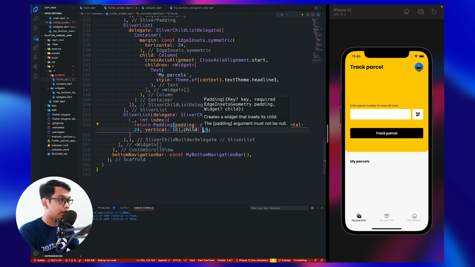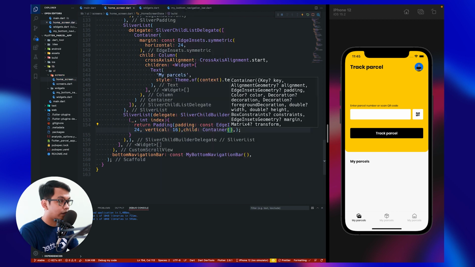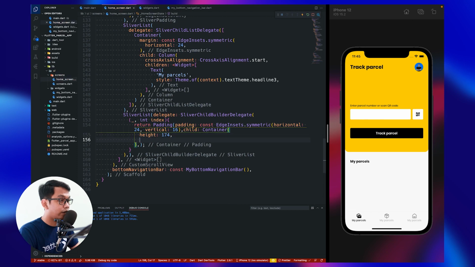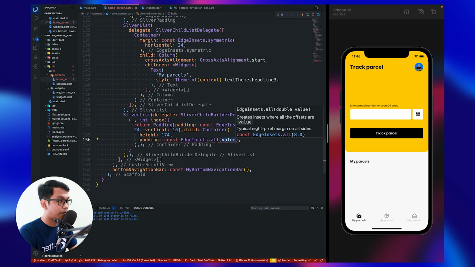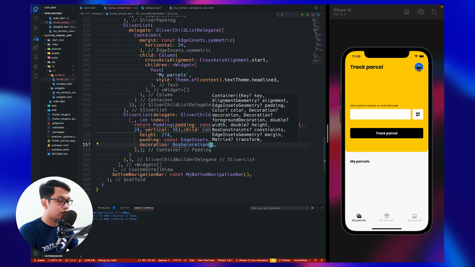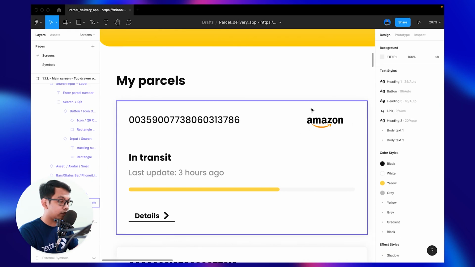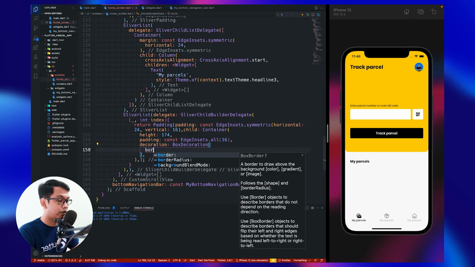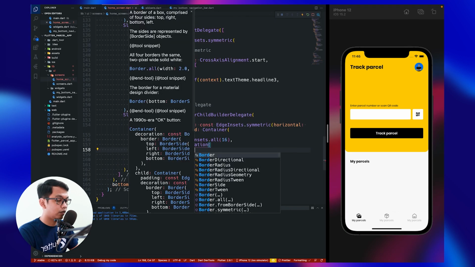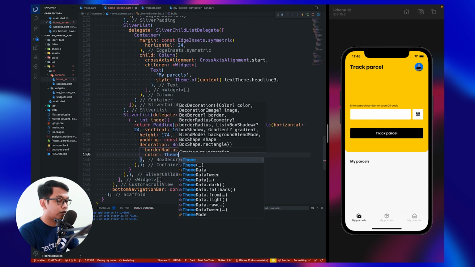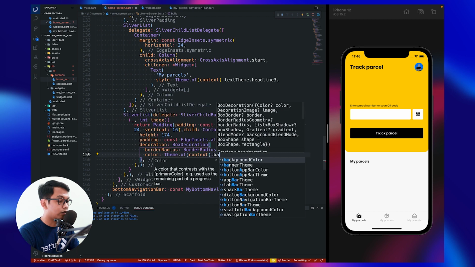And for the child, container, and inside container for the height 174. And for the padding, all 16. And for the decoration, we use box decoration because our component is kind of like rounded, rounded 4. So for the radius, border radius dot circular 4, and inside that we can call color, and we can call from our theme, which is a background color.